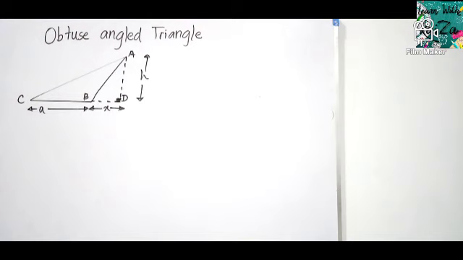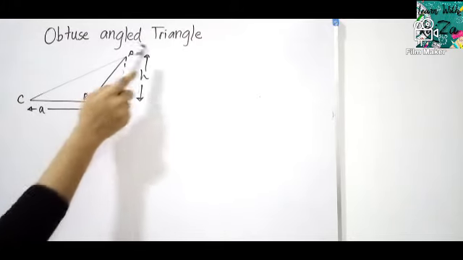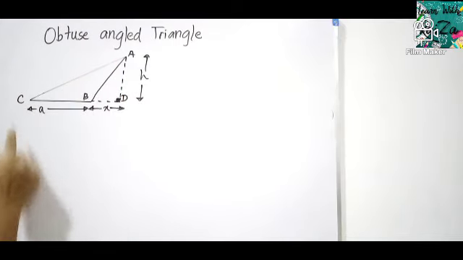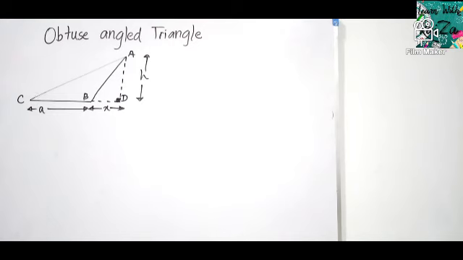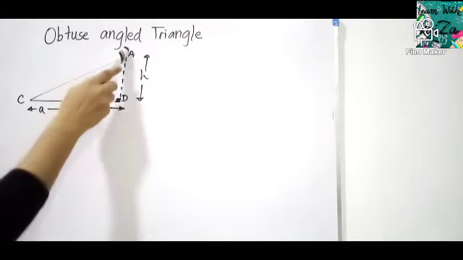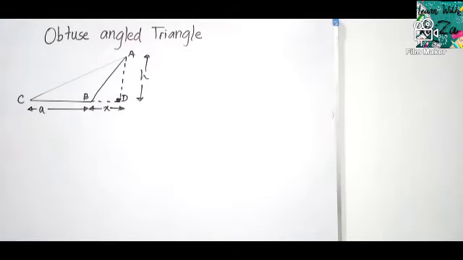Okay, now here consider the obtuse angle triangle. This is very simple knowledge. If somebody says, I don't know what an obtuse angle triangle is, what an acute angle triangle is, that is your fault. Anyway, I'll explain as a teacher. Here the obtuse angle triangle is triangle ABC. Can you see this angle is greater than 90 degrees, and that's why we call this triangle an obtuse angle triangle.